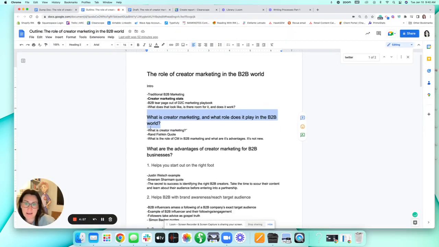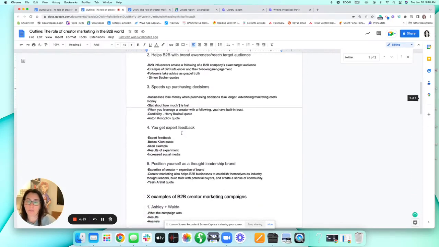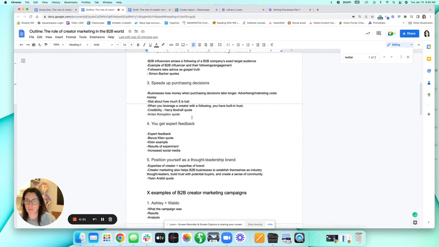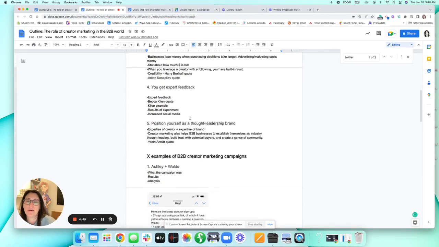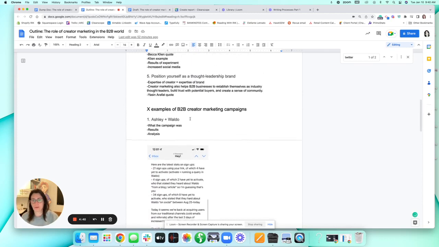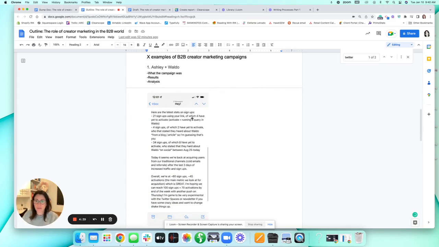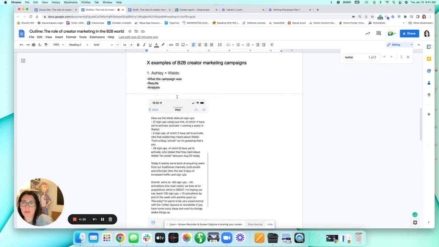And then I'll put my first heading in. Basically, I'll structure everything as if it were the blog post, except instead of writing everything, I just write quick little bullets about what I'm going to write. Another thing that I do, every blog post, especially now with AI being so popular, it has to have a lot of unique examples. It has to talk about new trends, things that AI won't have picked up on yet. I pull all of this from my dump doc and from my research into my outline as well.